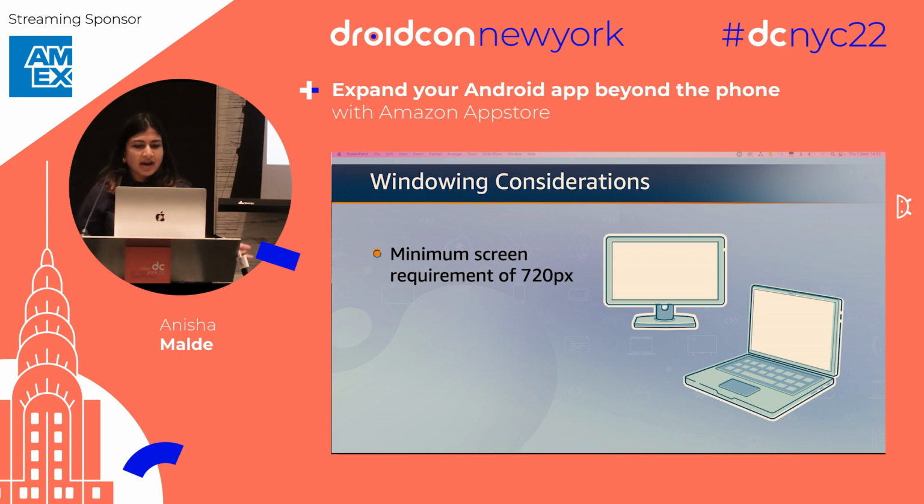This means that you have to consider how your app works on a range of different form factors. By default, your app will launch with an initial window size of 1280 by 720 pixels, as this is the minimum screen requirement that Windows enforces. Now, this default behavior most likely works great for most apps, but if your app is best experienced at a different size, you can modify your initial size by specifying your preferred window size on launch using dynamic launch bounds